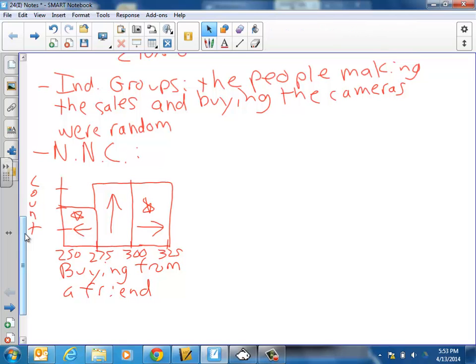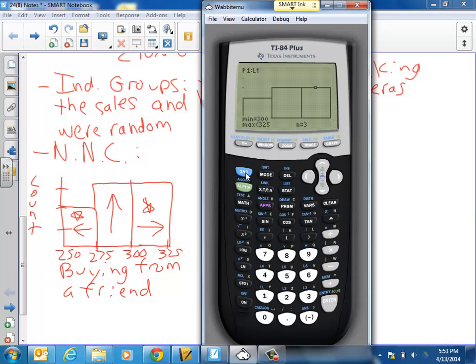Okay, second set of data in L2. Let's check this out and go into second stat plot. The only thing we're going to change here, the histogram is already chosen. We just want to change this list to be L2. Not a big deal. And let's zoom stat this to see how it looks. Really, that's pretty good. Let's go ahead and use that. I mean, we've got one extra bin over here on the left, but for all intents and purposes, that's fairly